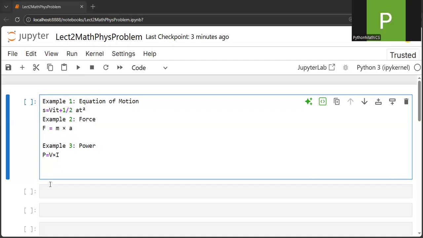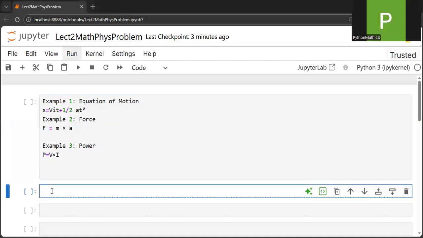Okay, this is the equation of motion. So let's write it in Python. So S is equal to Vi t, so plus half a t square, right? Now, because you see that Vi is basically multiplied with t, so we'll write the multiplication